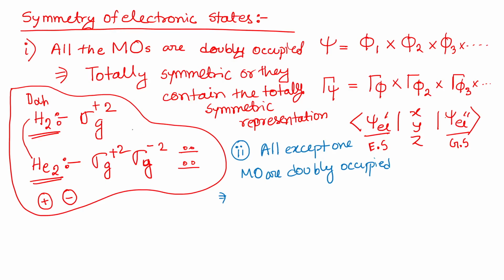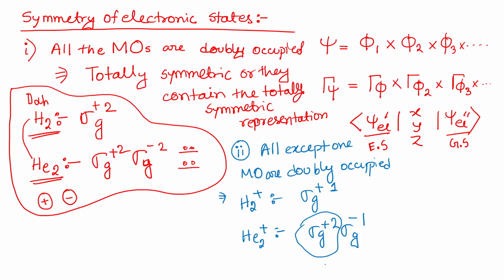Now suppose you have H2 plus. Okay, so your H2 plus is what? Sigma g plus 1. What about He2 plus? That is going to be sigma g plus 2, but sigma g minus 1. So these orbitals have only one electron, but this is filled up, so I don't bother about it, right? Okay. So this is going to contribute to my electronic state, and that electronic state is going to be, if there is only one electron, right? So that is going to lead to me that